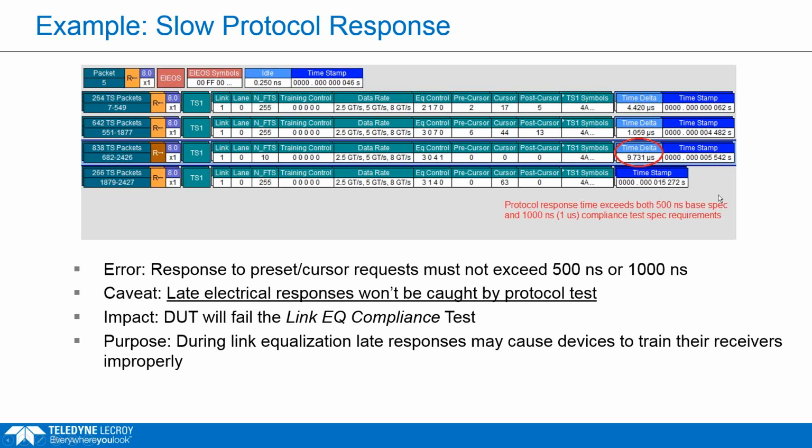later. So there's a few different ways to go wrong with the protocol response, and that would be either no electrical response, the electrical response is too slow, or the protocol response is too slow. So you need to get both levels of that correct.